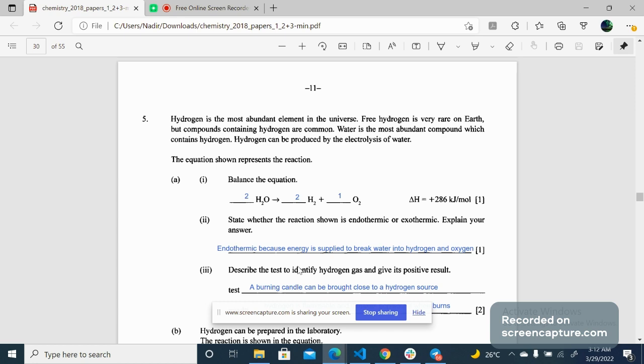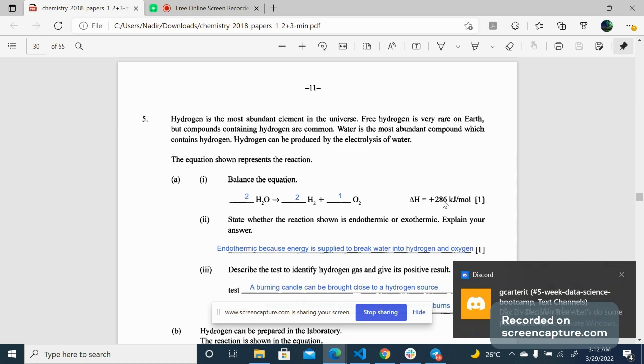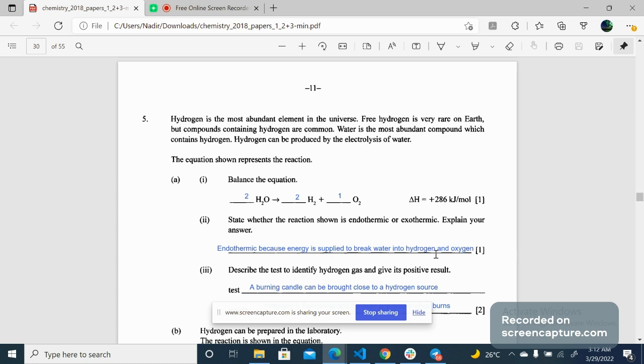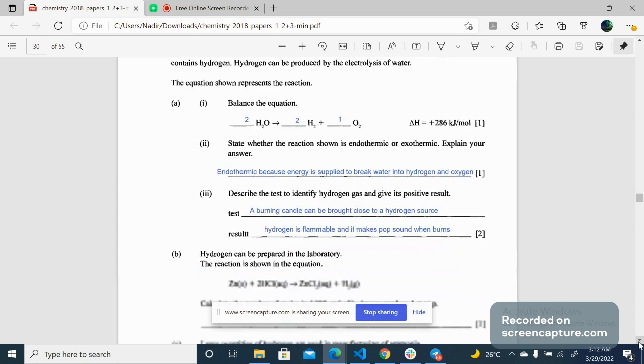So this reaction is endothermic because it absorbs energy. This much energy is being supplied to water to form these products and get broken apart into hydrogen and oxygen. So this was the energy which is being supplied to water to get broken apart into its constituents. Because it accepts energy to get broken apart, this is an endothermic reaction. This reaction is an endothermic reaction because it accepts energy or heat.